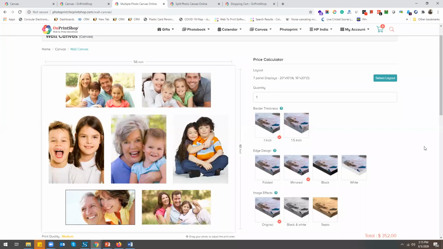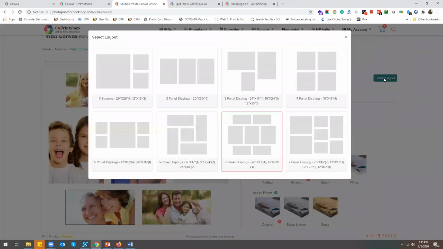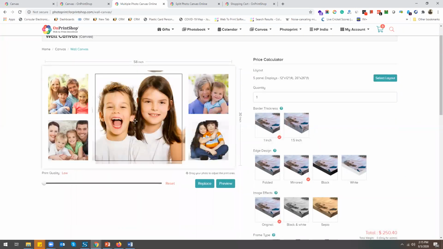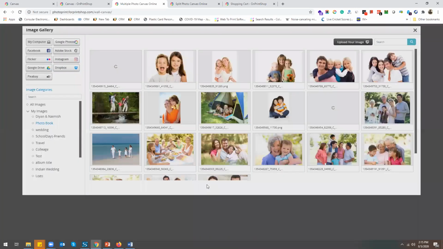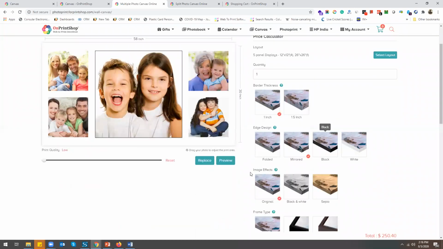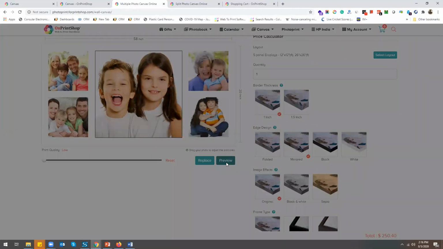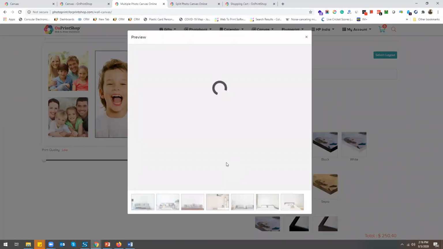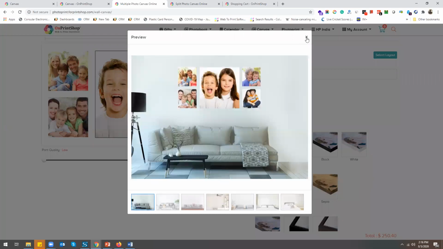Similarly, you can offer multiple image canvas where clients are able to upload multiple images. First of all, here you can configure a variety of canvas panels into various sizes, shapes, and design. An end client can select the one they prefer and adjust each of the image. So here I can also select the different image layout and then upload my personal images. After applying all my images, I also have all the canvas effects which I can apply, and also an image simulator to see how this finished canvas would look like at my home.